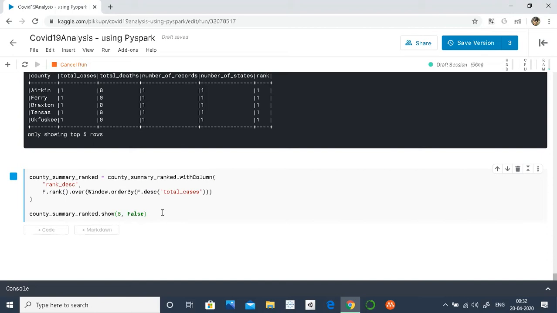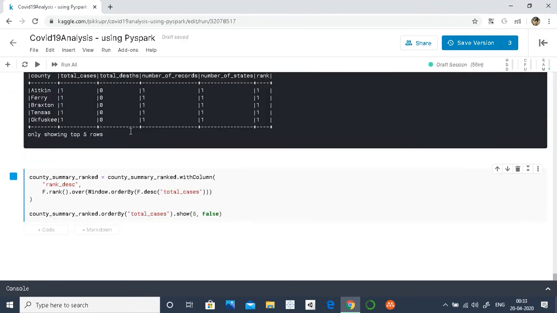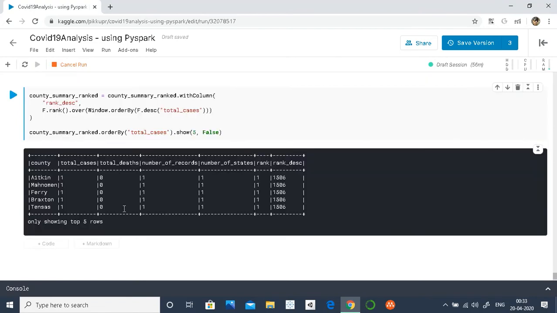So let's see it. Let me also print the order by, so that we know what actually is happening. To confirm that the minimum rank is being given, as you can see, these counties have a very low total number of cases, which is 1, and have been given the highest rank.